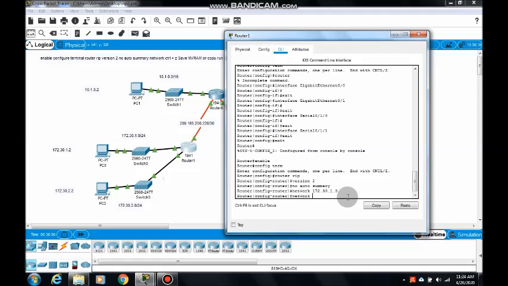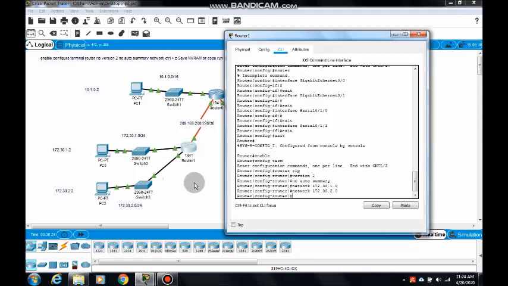Next network, 172.30.2.0 is another network. So 2.0 is a network that is connected with router 1. And the next network, 209.165.200.228, is one more network connected with router 1.